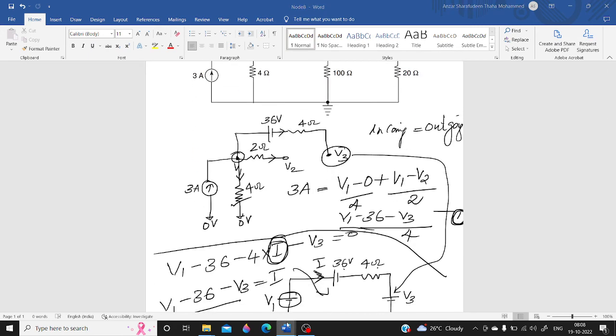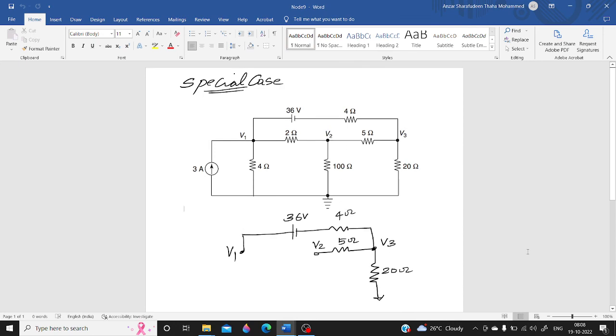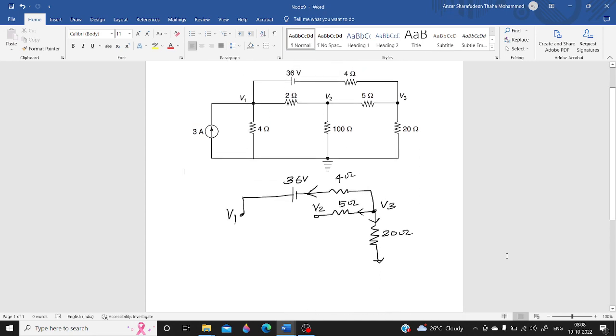Now similarly, what about the third node? I have considered all the branches connected with the third node. Assume that the voltage is V3, and all the currents are leaving the node. How will you write the KCL equation? It is simply V3 by 20 plus V3 minus V2 divided by 5 plus